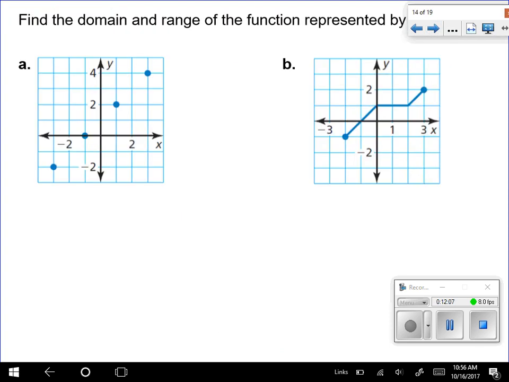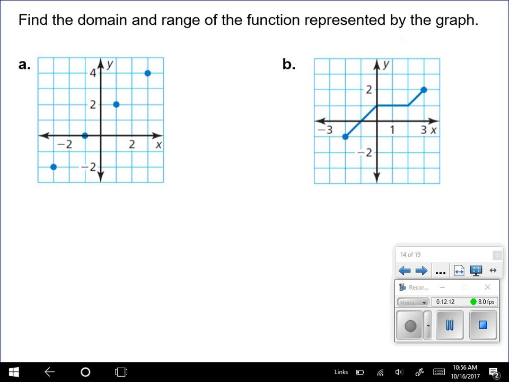So let's look at a couple examples. We can find the domain of some graphs very easily. The domain and range: all of our possible input values would be our domain. So any x value would be your domain. Look at your x values here. My x value here is -3. My x value here is -1. My x value here is 1. My x value here is 3. That is our domain, any possible